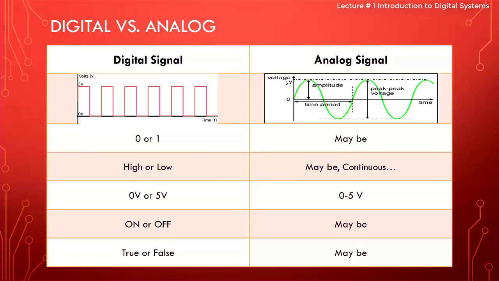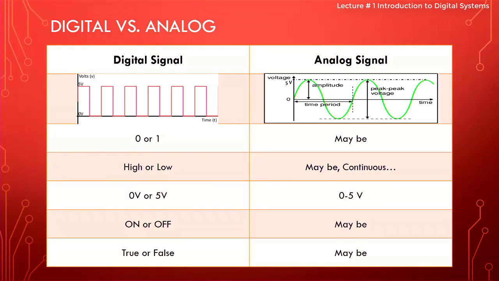Maybe it could be 0, it could be 0.1, it could be 1.1, it could be 5. As you see, on the x-axis we have time, and on the y-axis we have voltage. As time increases, the voltage goes to the maximum value and then goes back to 0, and then it reaches its negative peak value and then goes back to 0. So it could be anywhere between 0 and 5, depending upon what time we're looking at. It's continuous in nature, continuously changing, whereas digital is actually 5 volt for a period of time, then goes to 0 and stays 0. So there's a straight line behavior.